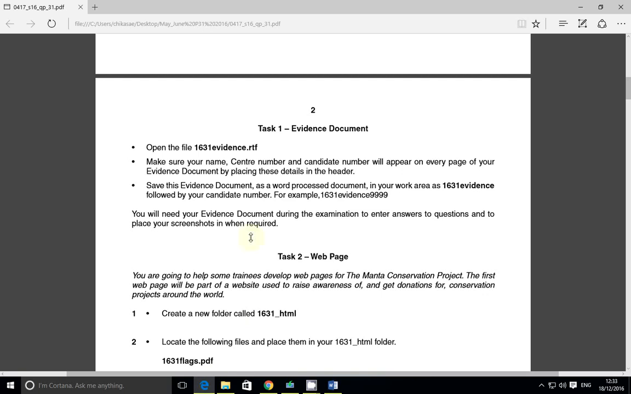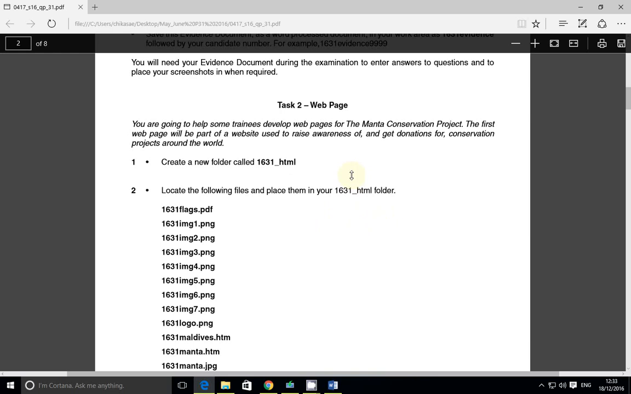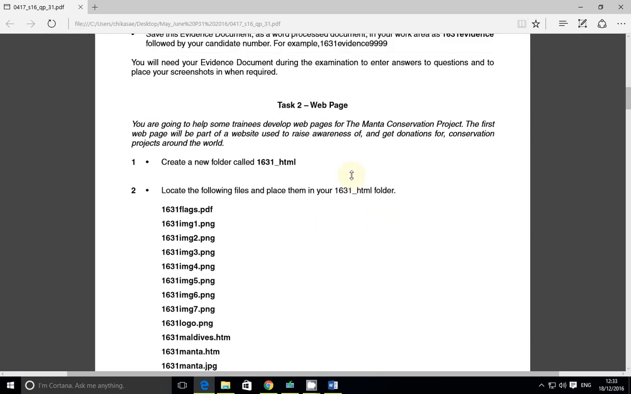Go back to the question paper. You will need your evidence document during the examinations to enter answers to questions and to place your screenshots in when required. Okay, task 2, web page. You're going to help some trainees develop web pages for the Manta Conservation Project. The first web page will be part of a website used to raise awareness of and get donations for conservation projects around the world. Okay, step 1, create a new folder called